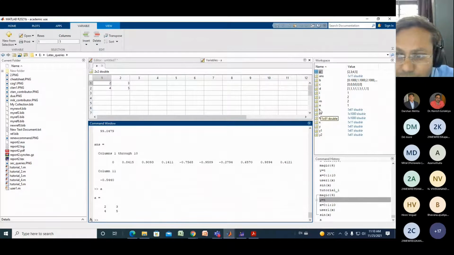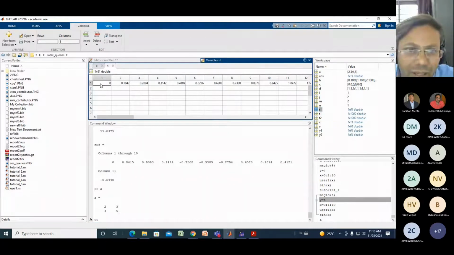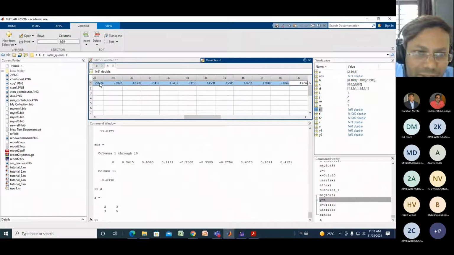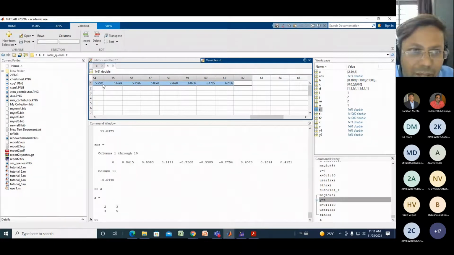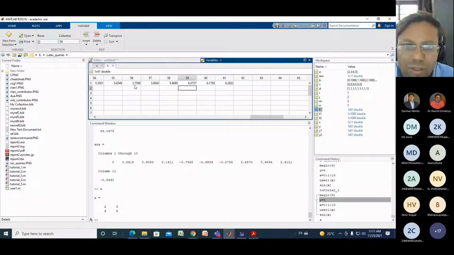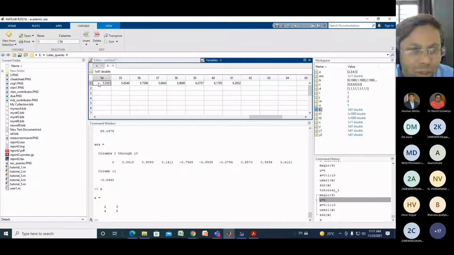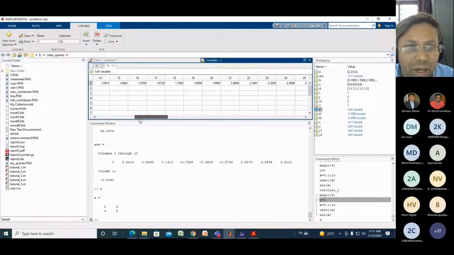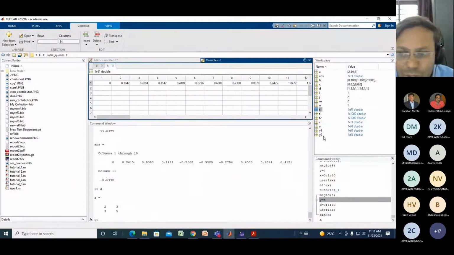For an example, I want to plot t, so this is my t vector, right? You can select the t and you can plot it also. For an example, I've selected the t variable and I want to plot it. So you can also plot this variable. This is also possible with this variable. You can also change the value of that workspace variable and you can plot it. So you can use all these variables for plotting purposes also, right? So this is the workspace.